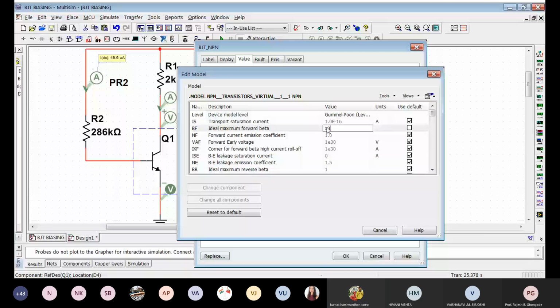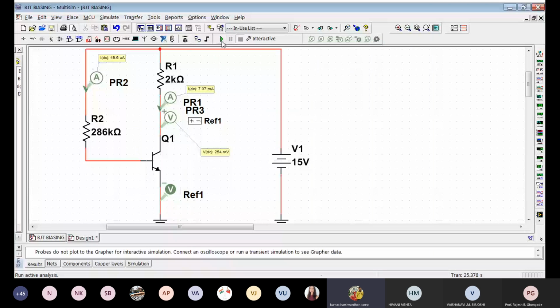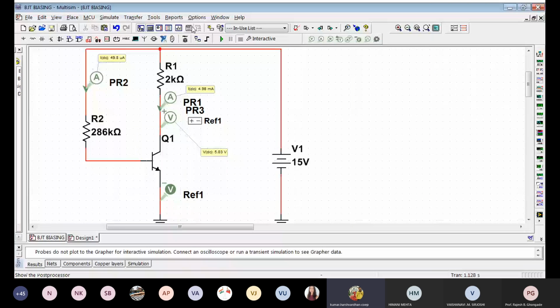Now let us attempt to change the temperature. If I change the temperature to, let us say, 50 degrees, let us see what happens. This temperature here is not the temperature that we expect. This is the transistor temperature, so it may work up to that, but let us keep this 27. And in analysis, I can change the temperature, I think here.